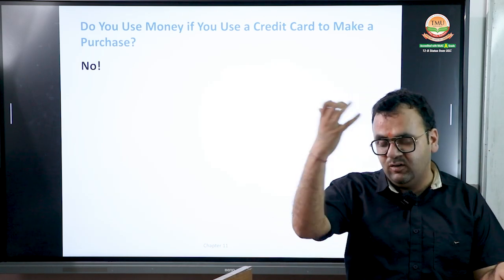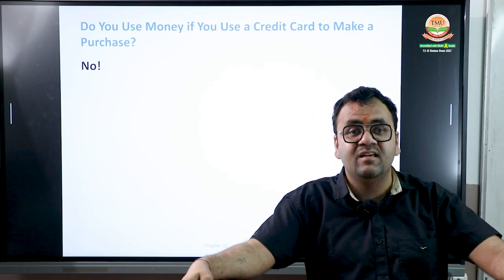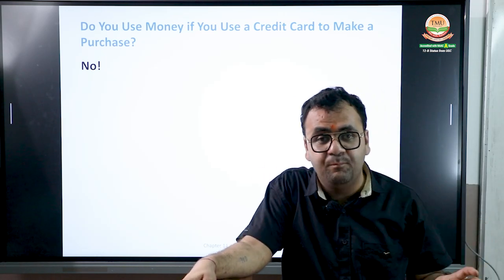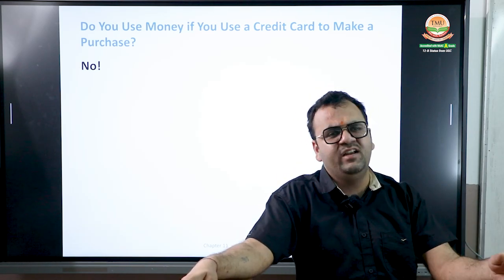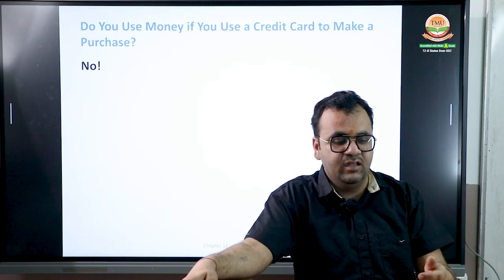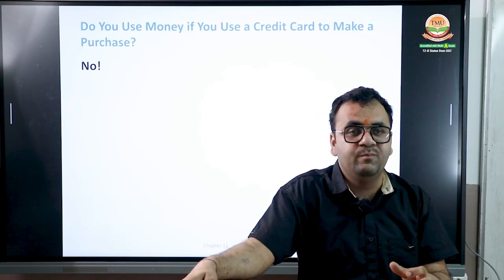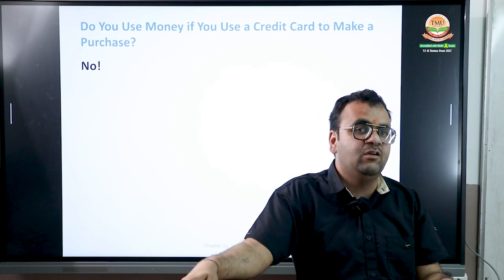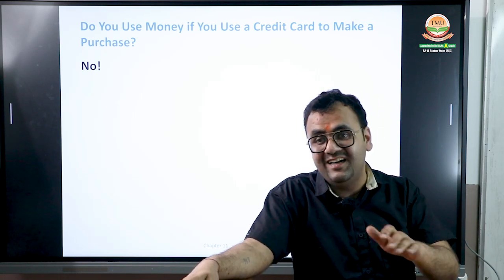If I go to the shopping mall, I am taking a loan from the bank for some days as a credit card. Credit card means there is some part of the loan given by the bank to me, and I can use the money for 50 or 55 days for the purchase of goods, and before that I have to return that money. If I do not return the money before the particular time, then I have to pay a penalty on it. We can also say penalty, we can also say interest.